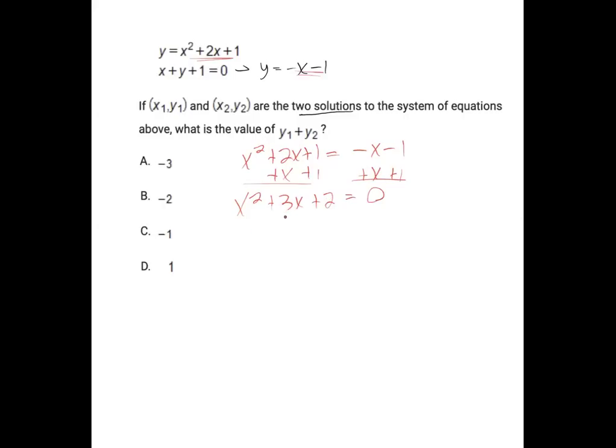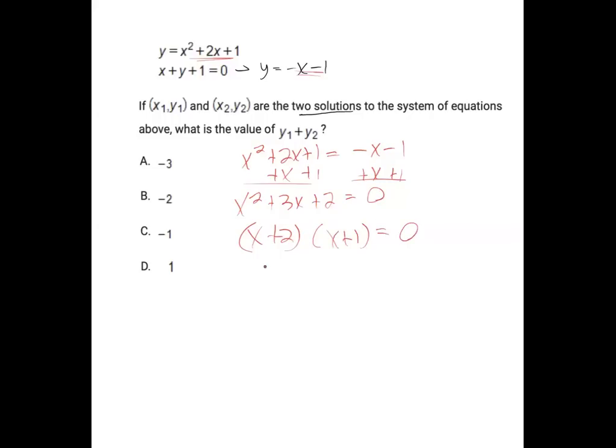And for BC factoring, you need two numbers that add to b and multiply to c. Two numbers that add to 3 and multiply to 2. So what two numbers add to 3 and multiply to 2? The answer is 2 and 1. So this factors to (x plus 2)(x plus 1), and now we use our zero product rule, which says